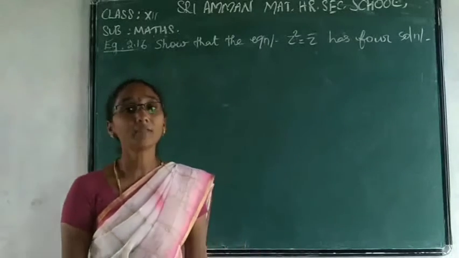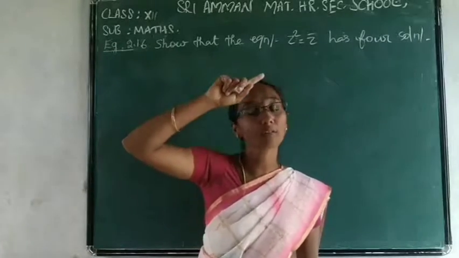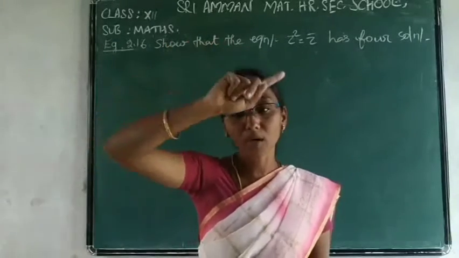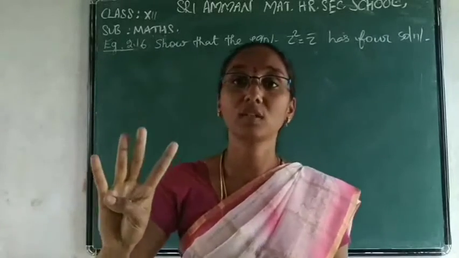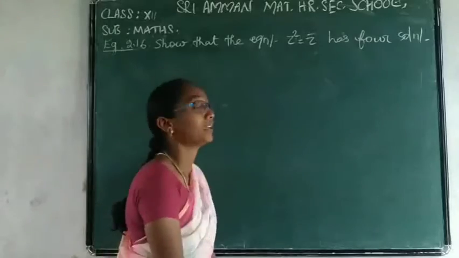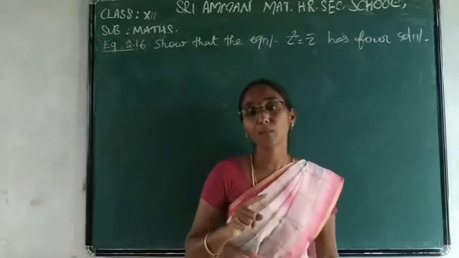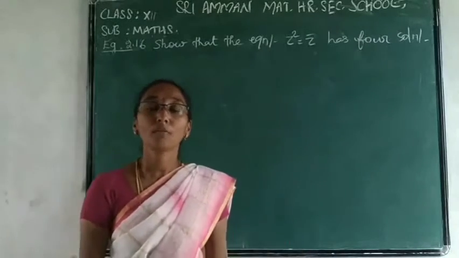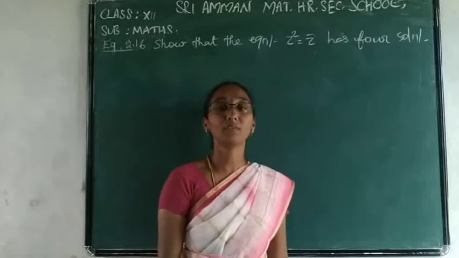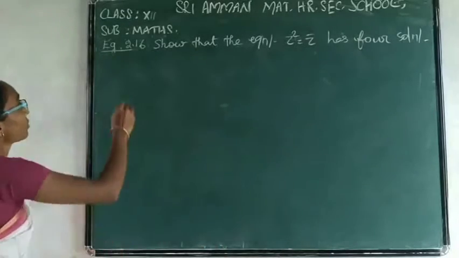Here we want to prove that z squared equal to z bar has how many solutions? 4 solutions. The variable is z, which we consider a complex variable. The power is z squared, so we convert this to power 4. How do we convert? Listen.